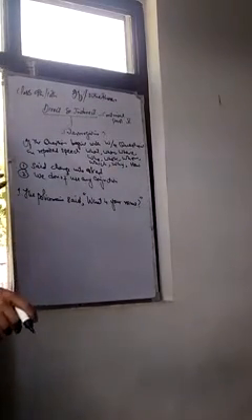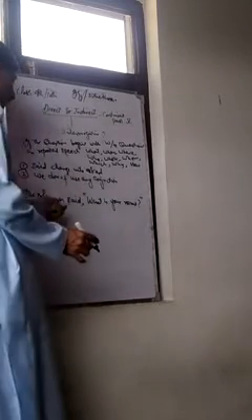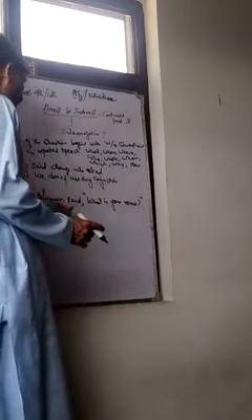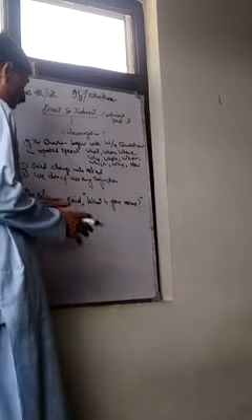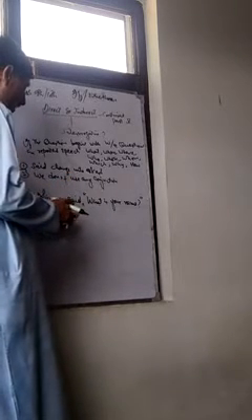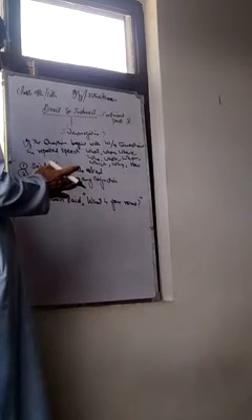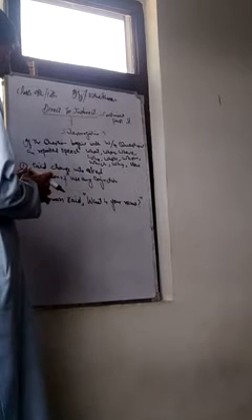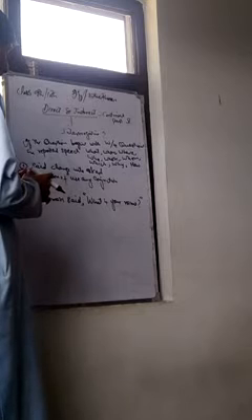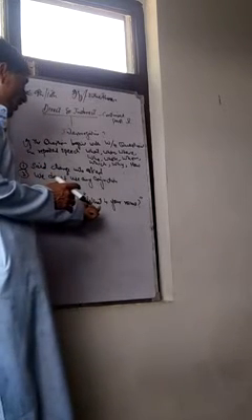Dear students, here is the conversation between the policeman and the person he is conversing with. The object is not given here, but he is conversing with an object. When the object is not given in an interrogative sentence, and you are going to change direct and indirect,